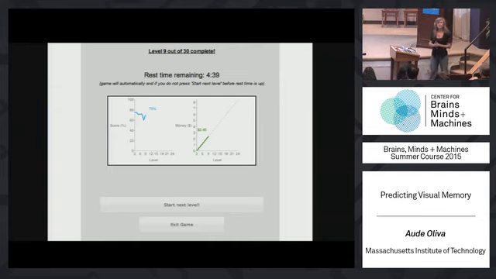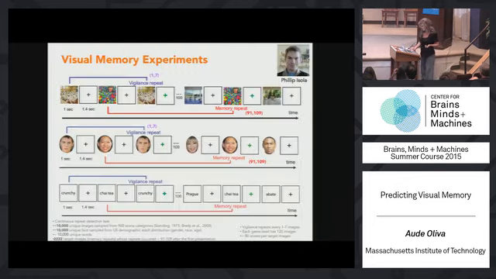Here's the game that people had. They could play this game for 5 minutes, have a break, and come back. This game had a lot of success, and I'm going to show many results about it. You could see your score and the amount of money you had earned. This was run on Amazon Mechanical Turk, which allows us to collect data from all around the world on many, many images. Those visual memory experiments were set up by Phillip Isola from MIT, and you can play that game for any kind of information displayed visually.